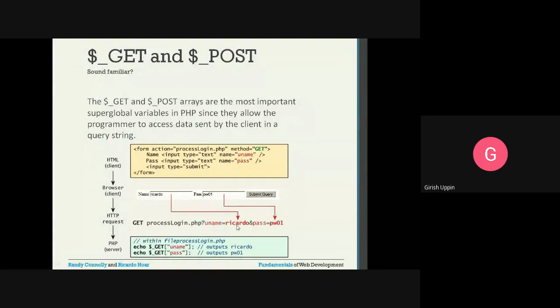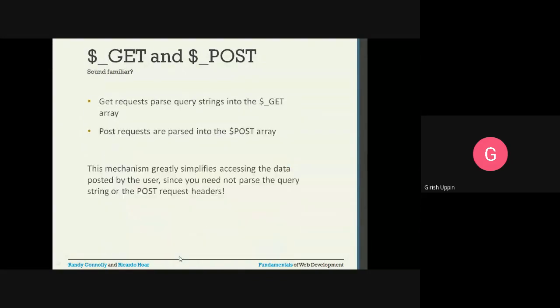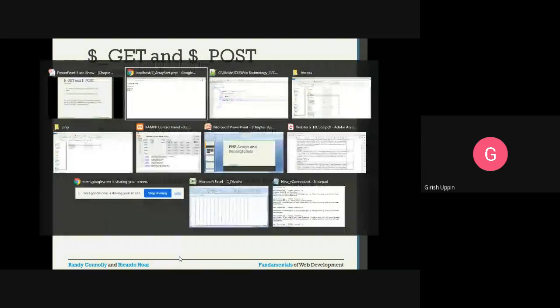Okay, this is a key and value pair. This key is what you will provide to the $_GET inside the square bracket. If you specify this, you will get this value. So it will output the value for $_GET with the key pass. This is the key pass. It will get the value that is mapped to this key, that is pw01, that is it will output to the browser. So before we go here, I will show you the example.